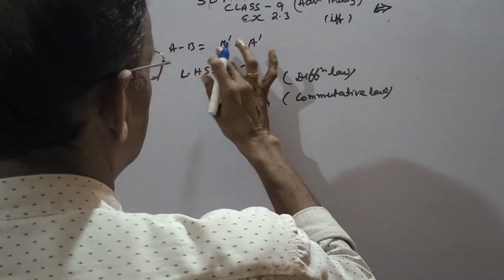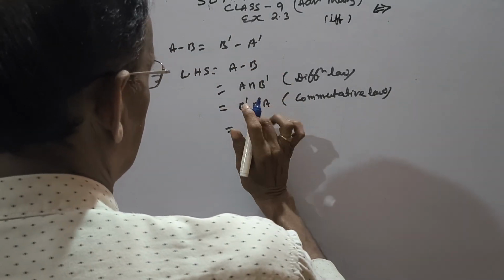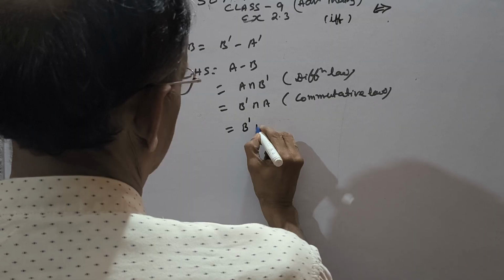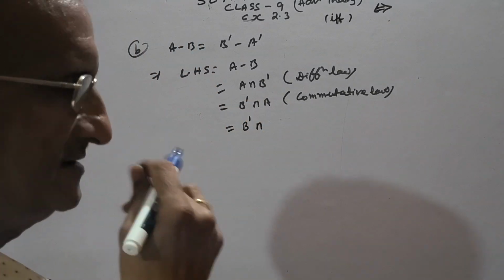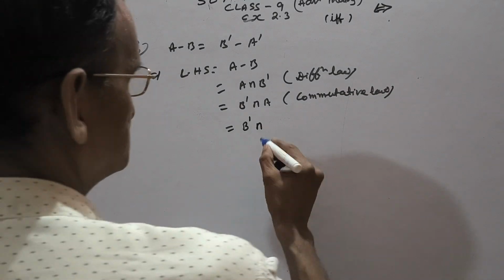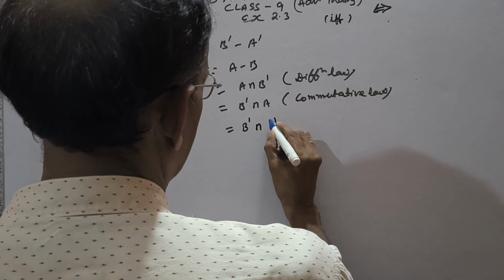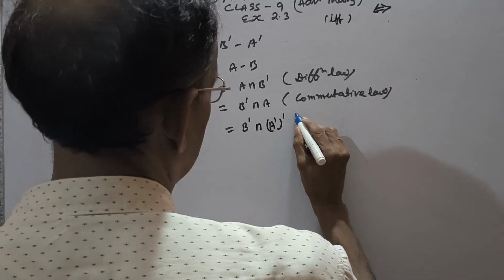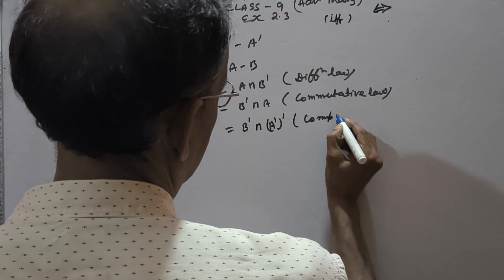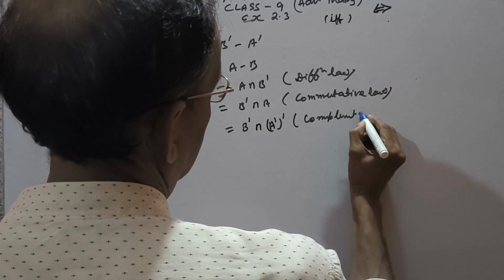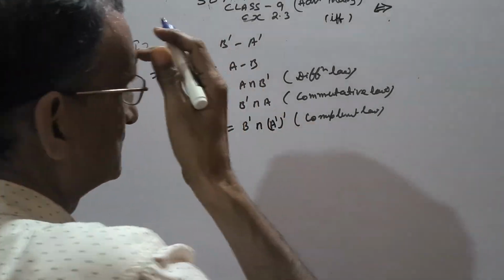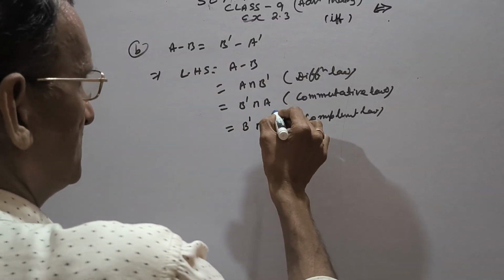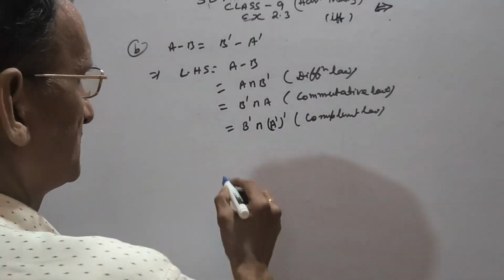Now see your target. B complement we have already done. So if we have the concept clear of complement of set and various definitions, A can be written as A complement whole complement. You can mention here complement law, because A complement whole complement is A only. Complement of a set is the set itself.